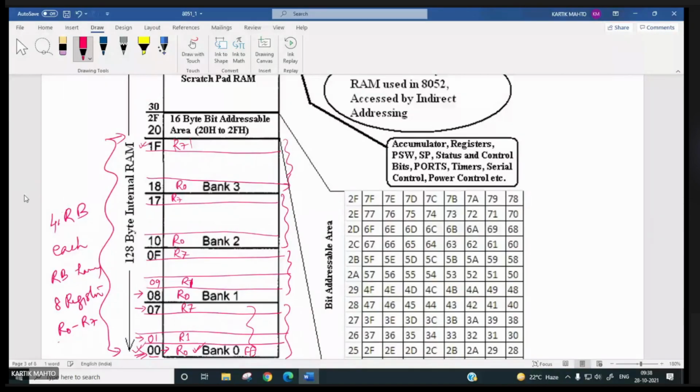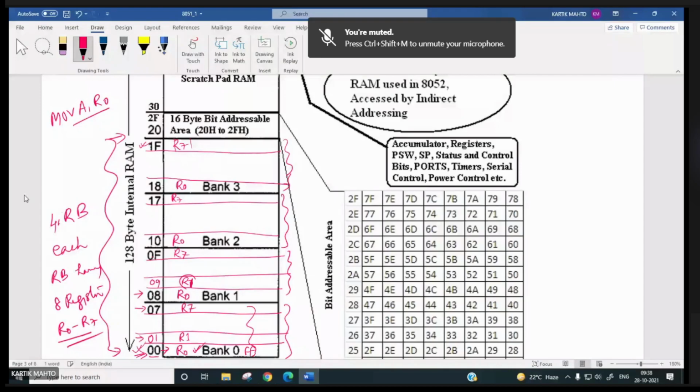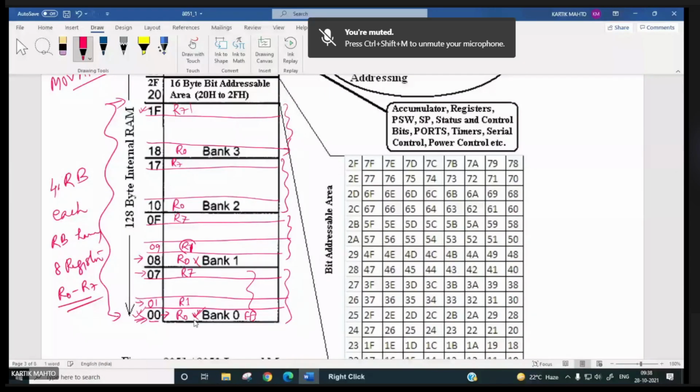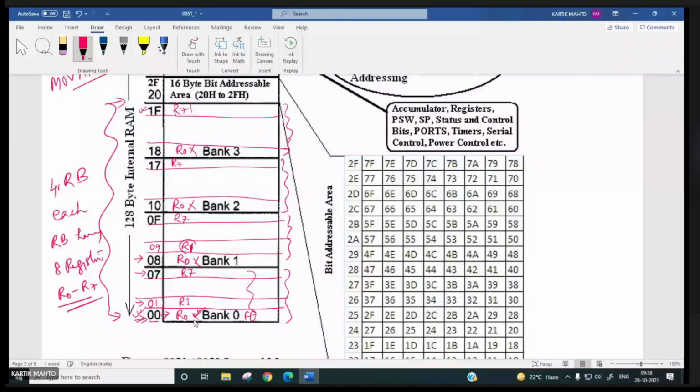Now I will tell you how to differentiate. You may ask, if I am writing MOV A, R0, which data will be copied? 4 R0s are there. So which register bank data will be copied to accumulator?